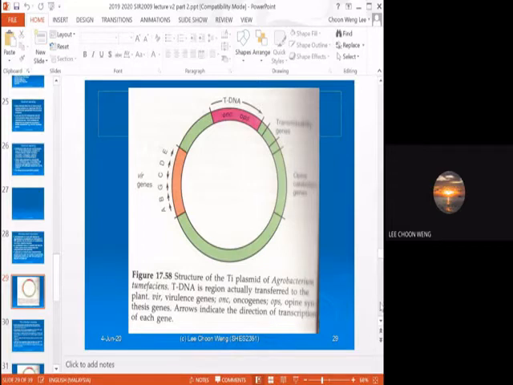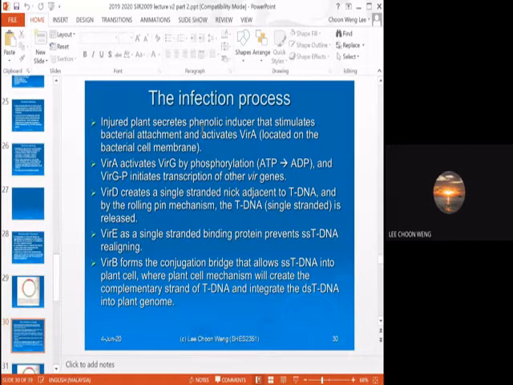Okay, so let's look at the infection process. For an infection process to occur, the plant has to be injured. The injury can be a cut by animals or by humans or even a natural process. If the plant is not injured, it will have a thick layer of bark, and with that thick layer of bark, the bacteria do not have a chance to attach and begin